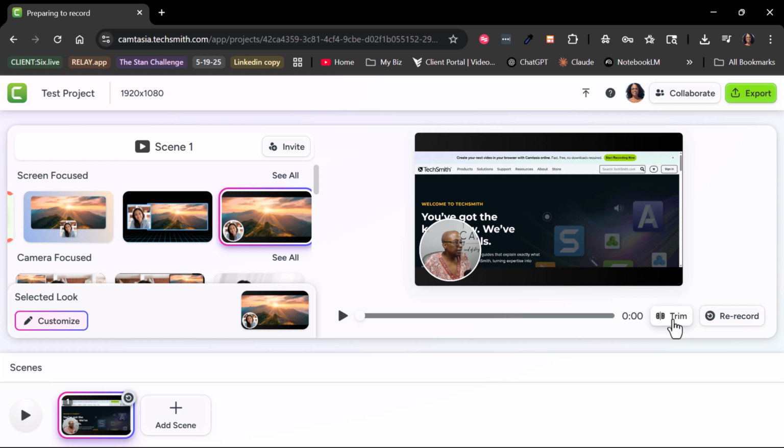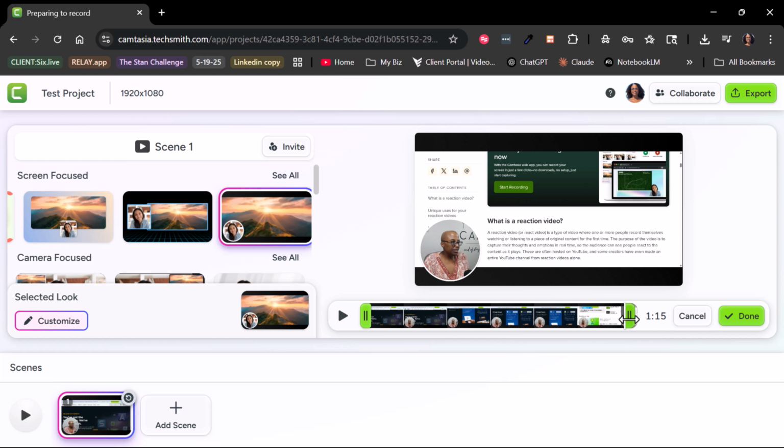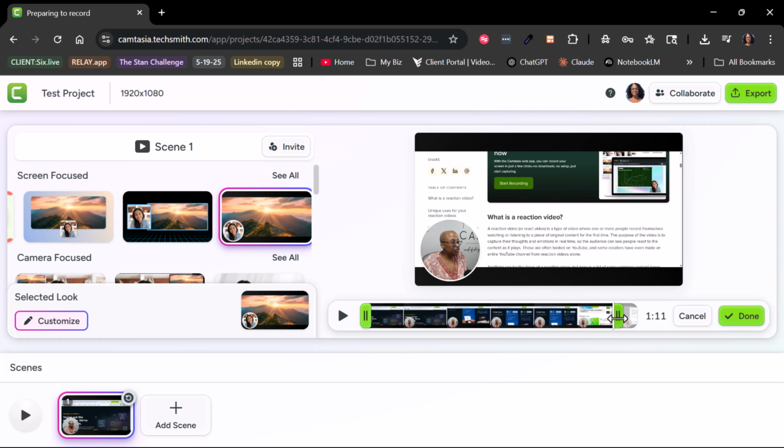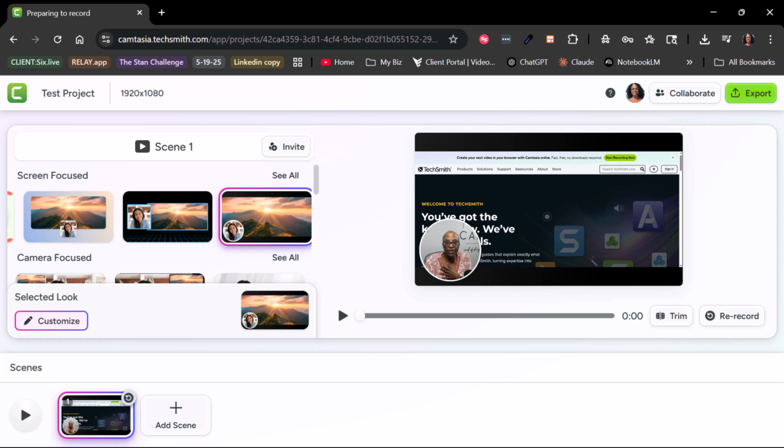If you want, you can click on trim, and you can trim the top of it or the back of it. So if I did something that I didn't like and I wanted to trim right before that came in, I could do that. And if there was something that I wanted to alter at the very beginning, maybe I wanted it to start when I started looking at the camera, then I could put it there, and then I could say done. So once you're finished with that, then you can come over here to your scenes, and you